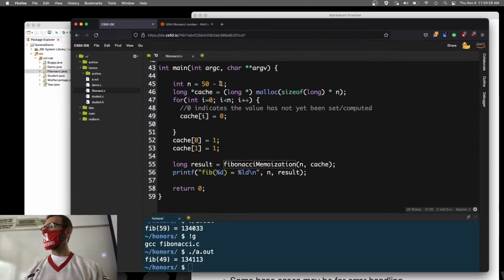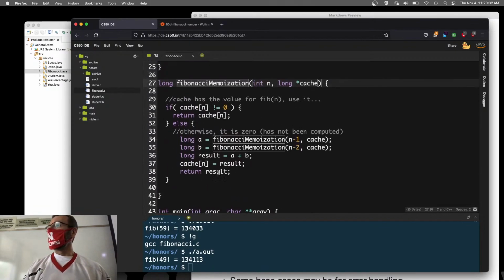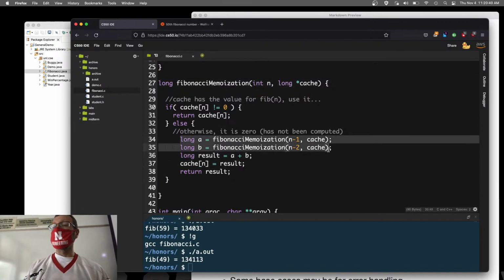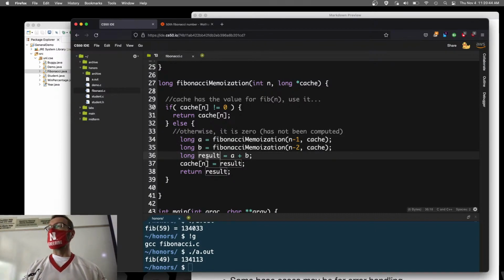Then why do we return results in the else? You still have to return it. I mean, it's expecting something to be returned here, and otherwise we pay for the recursion, right? And then we put a plus b here, and then we put that result into the cache so that it can be used later. But you still have to return the value. I still want to know what the Fibonacci of n is. I screwed up somewhere, but